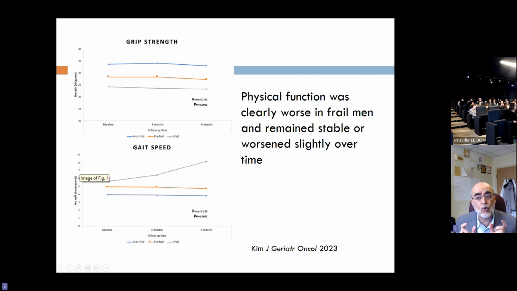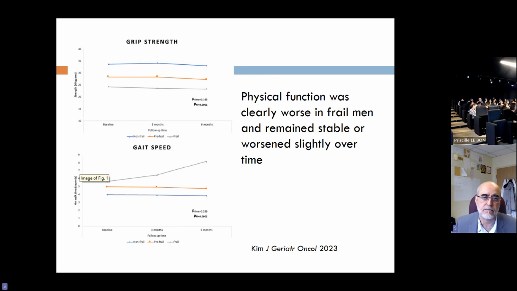Physical function was worse in frail men. This is not a surprise, even before they started treatment, and it remained stable. For example, grip strength remained stable over 6 months with treatment, or it worsened slightly, such as gait speed in frail, but did not worsen in the pre-frail or the non-frail. So it seems that physical functioning gets worse in people who are frail and is worse to begin with, which